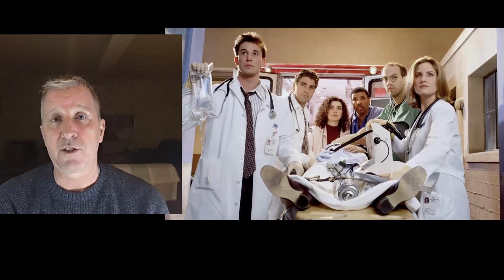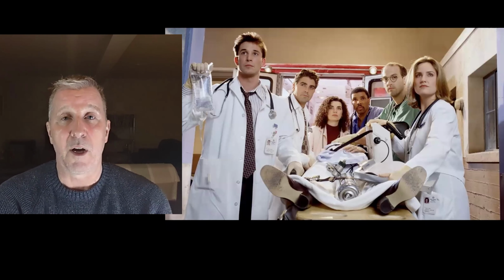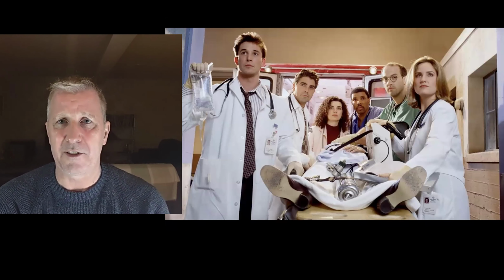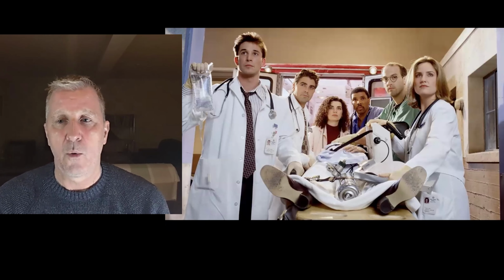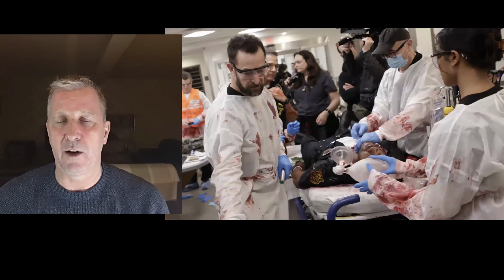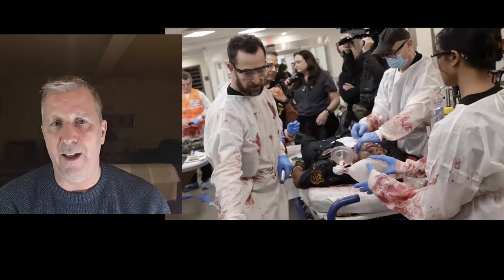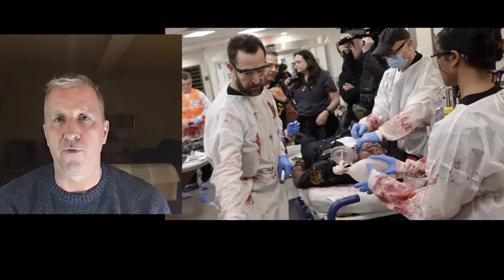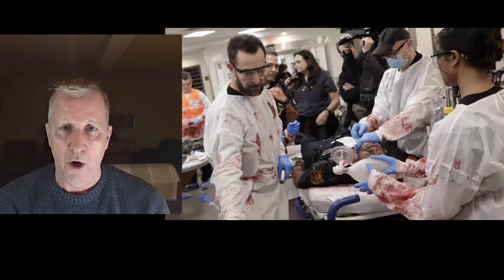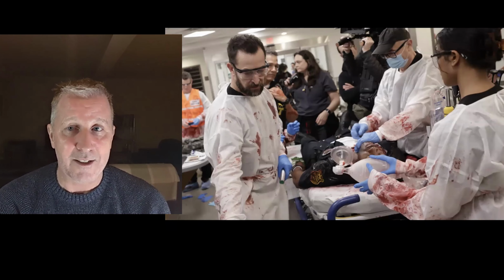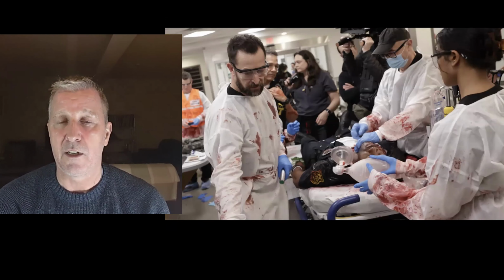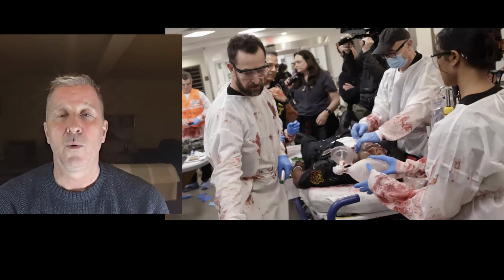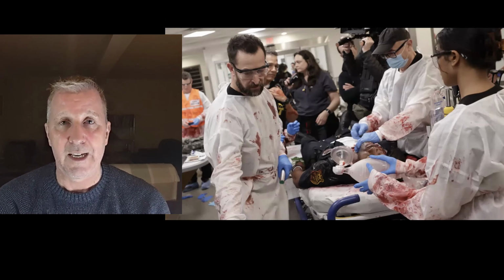It might be such things as the use of tranexamic acid. It might be that we've stopped putting everyone in a cervical collar if they have even mentioned that they've fallen over. But what I want you to consider is that science has moved emergency care forward to the point at which the doctor on the left-hand side, fresh-faced and youthful, has now become this doctor working in the pit. It's the same actor, different doctor, but he is now applying the science of emergency medicine in a way that it wasn't applied when he was the medical student John Carter in Chicago.